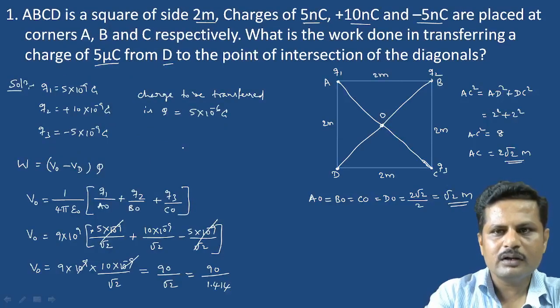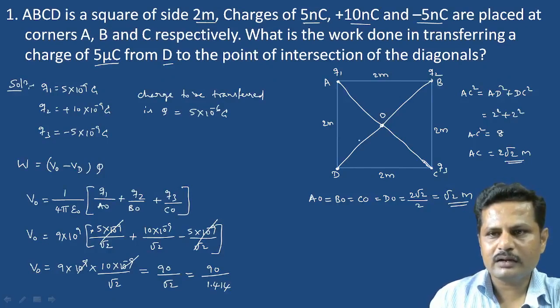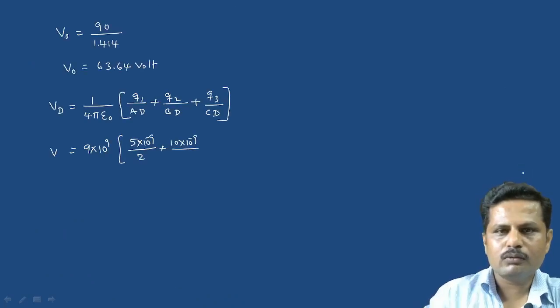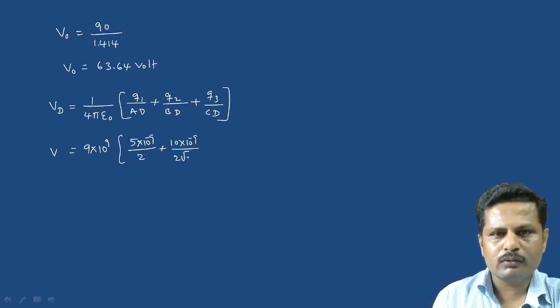We have seen that the length of the diagonal AC equals BD equals root 2 meter, so we take 2 root 2, minus Q3 is minus here, so we take minus 10 to the power of minus 9 divided by CD